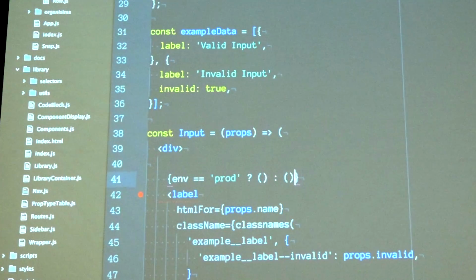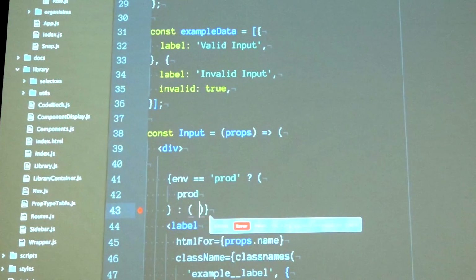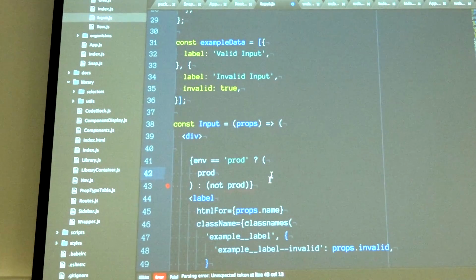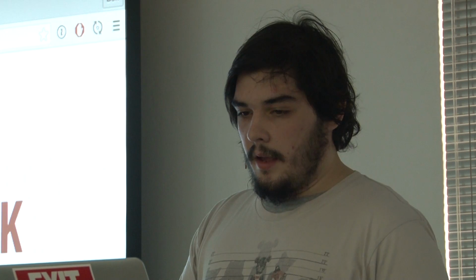So if it's prod, you say prod. If it's not prod, you say not prod. So you can have those kind of definitions in your code with Webpack. Webpack provides those variables to your code, and then you can compile for different environments. Very useful. Take a look at Webpack. It does way more than just different environments. Okay, next up,